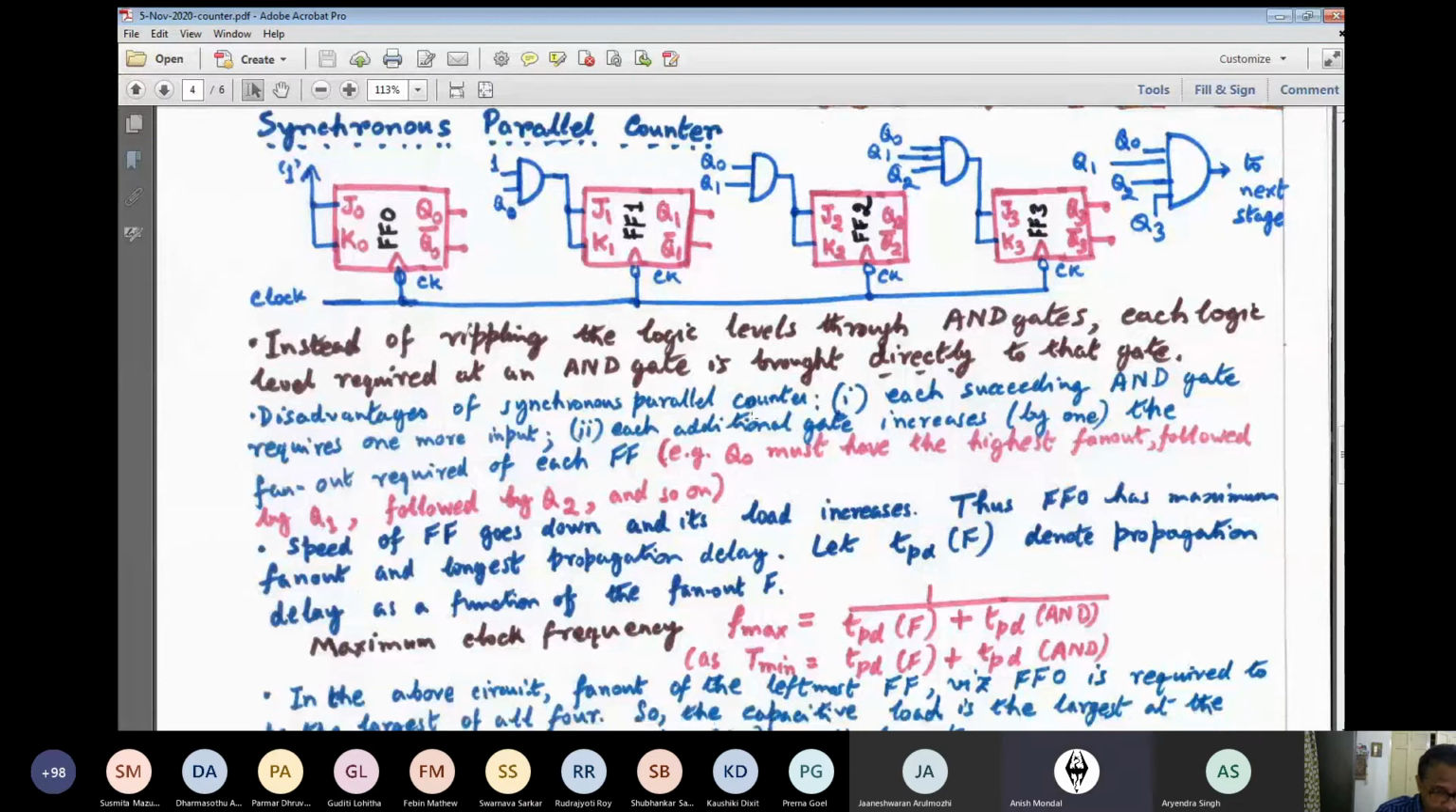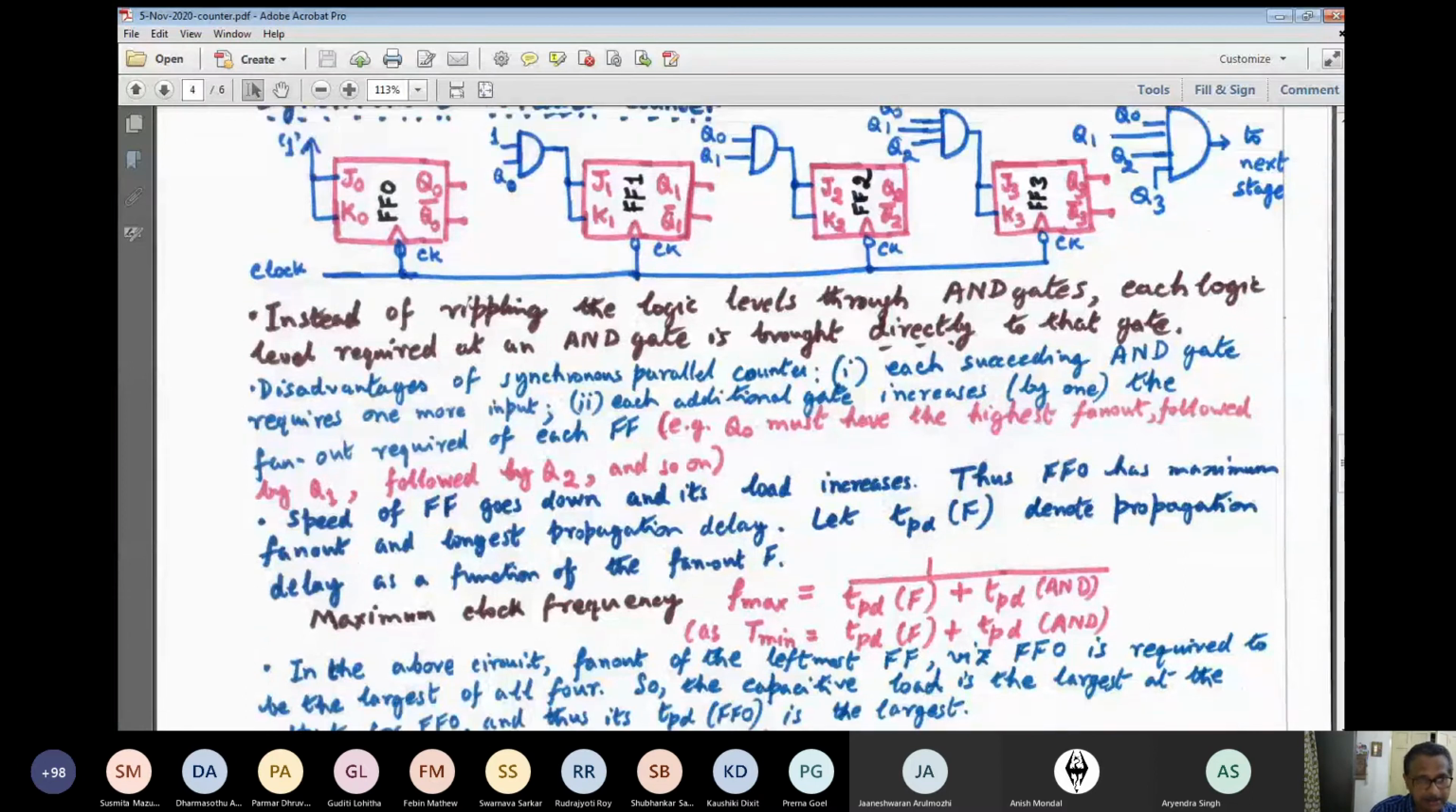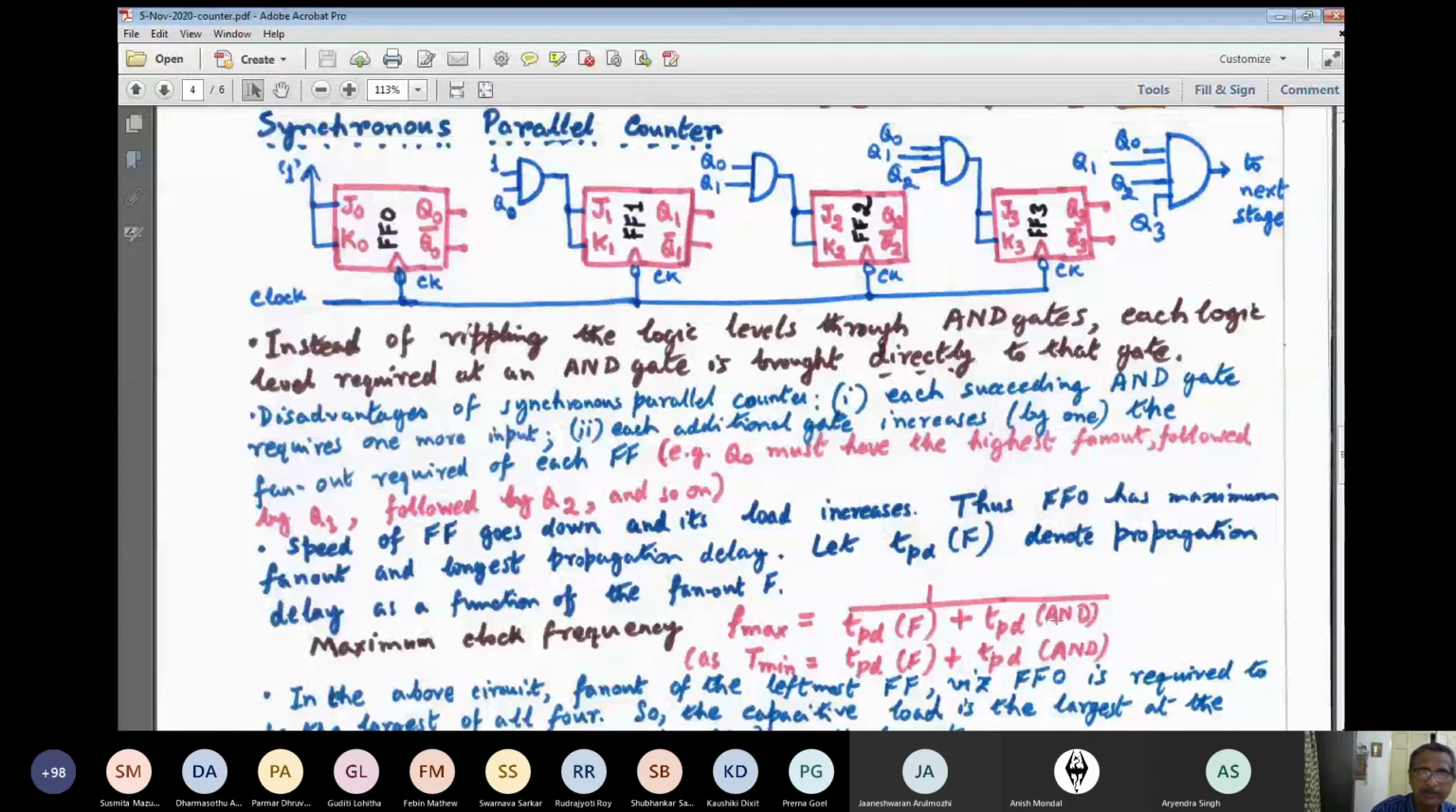I hope it is clear. Yes. Okay. Because the fan-out requirement of FF0 will be the maximum, and in decreasing manner, the next largest will be FF1, next FF2, next FF3, and so on. Similarly, for the AND gate propagation delay we have to take into account the rightmost AND gate, because that has the maximum fan-in,